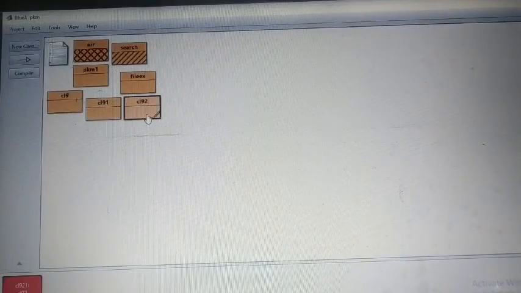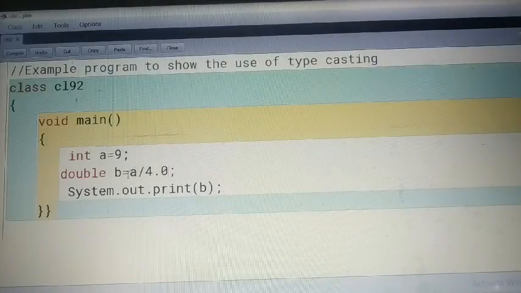Any one of the values which is going to be divided, you should make as fraction type. So automatically when it will perform the calculation, it will be changed to double type. You will get the accurate result.